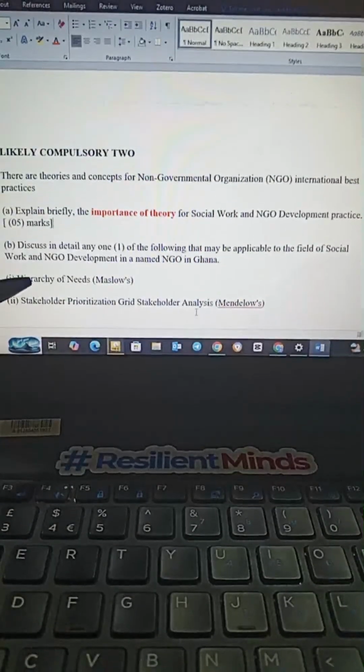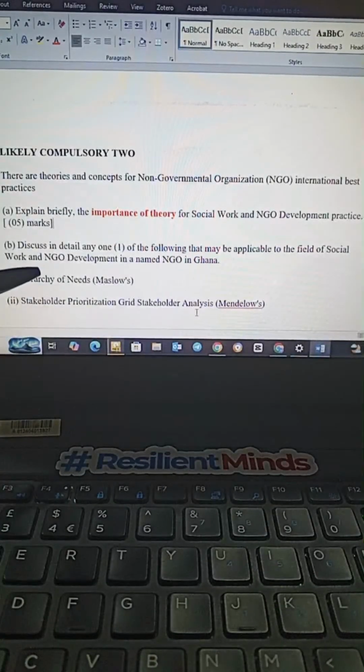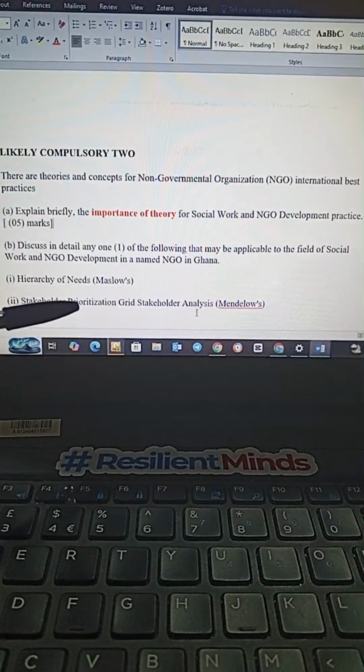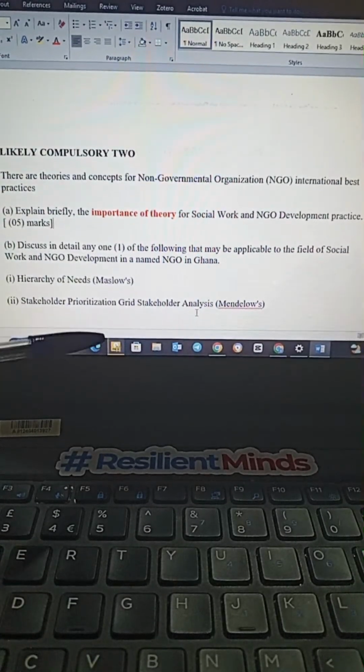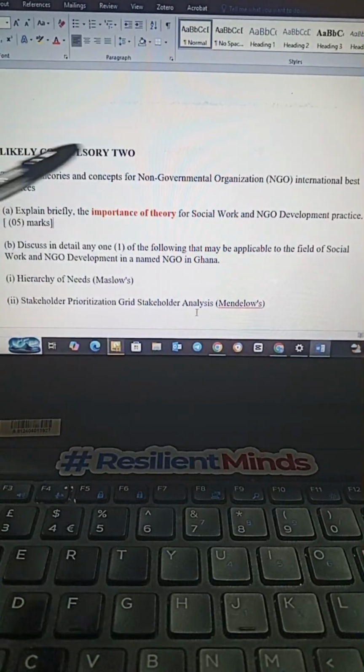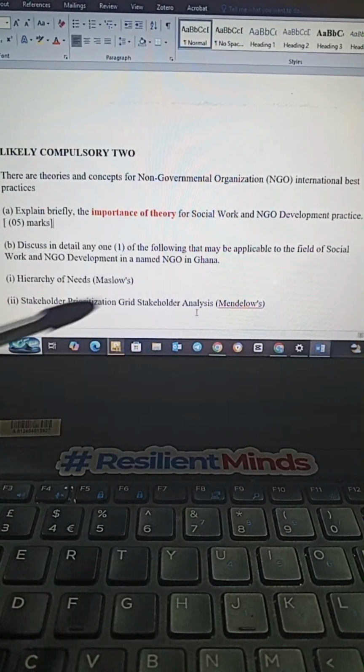And how do we start this one? First of all, you need to explain what the Maslow hierarchy of needs is. Just give us a brief explanation of what it is about. You just write something small, like two lines. Then, when you are done, the next step is that you need to draw the pyramid. I know you know the pyramid. That's a triangle, and you divide it into five.